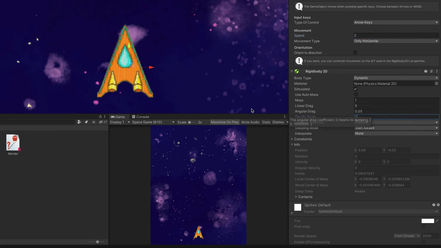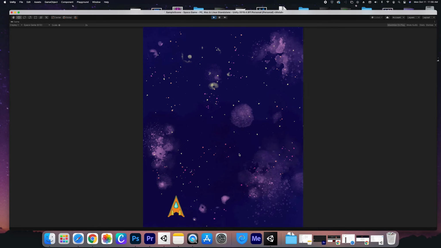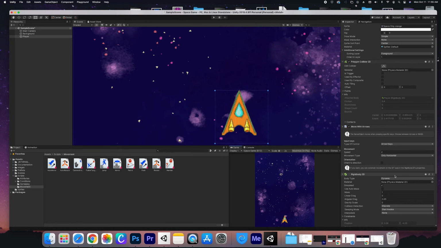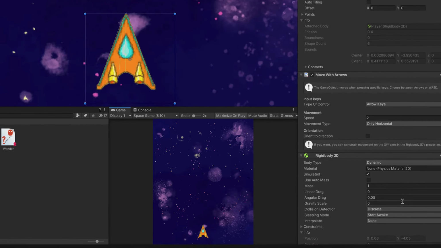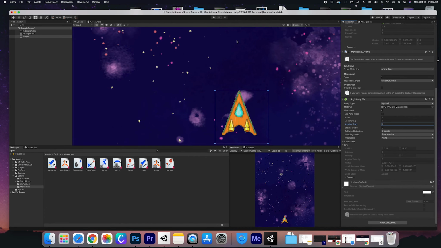The other thing that happens, if you remember, when we click play on this and we start to move, the character really floats a lot. I'm not even pressing the key anymore. If you remember from the last video, what we did is we started to mess with some of our linear drag here and our angular drag. So I'm going to start with a 1 for my linear drag, and my angular drag, let's make that a 1 also. And if we click play